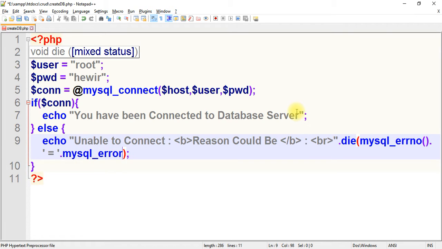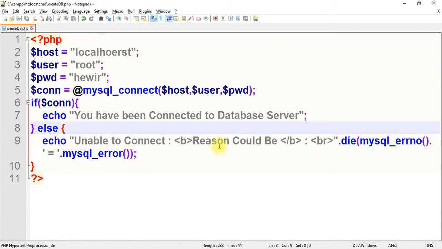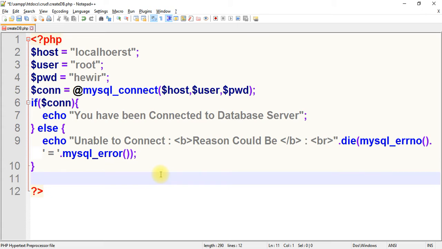MySQL underscore error. Now, what die is going to do is die would only execute its errors when the connection is not established. This else part will open and die will execute, and die is a predefined function. Now what exactly is die going to do? Let's see. I'm going to write something like, going here, echo hi there,